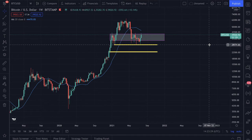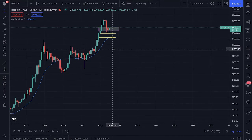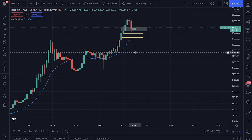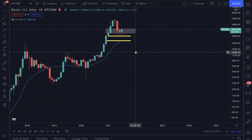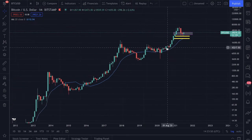Now, it's not the most exciting, and even the monthly I also use. It's not the most exciting. You gotta wait a month until a new candle starts to get printed. So you're literally looking at the same candle for 30 days. And so this does two things. One, it helps you identify macro trends, right? So for Bitcoin,